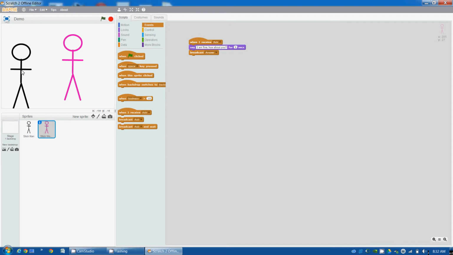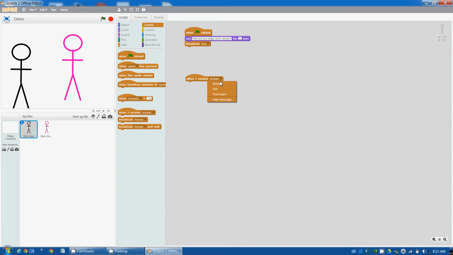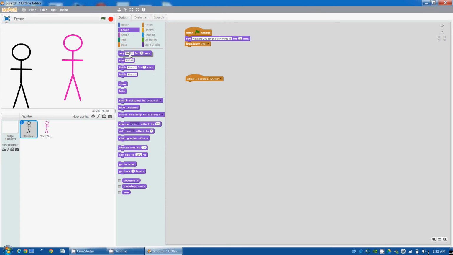We're going to go back to Stickman, and we're going to make him a second script that's only going to activate when we receive the code word answer. And then once this is activated, we're going to have him say, "I am fine too." So what happens is when start flag clicked, he's going to say this and then broadcast